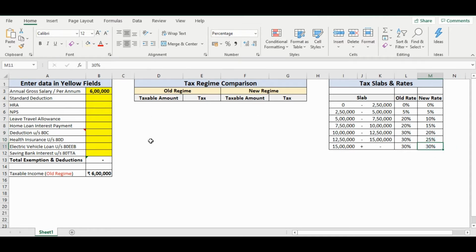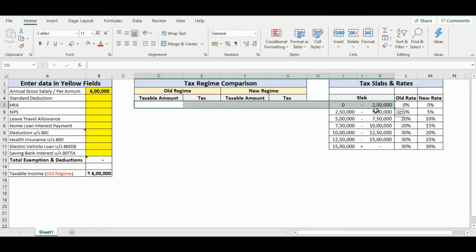Also, an important point to consider is that this tax comparison is applicable only for people whose salary is less than 50 lakhs.